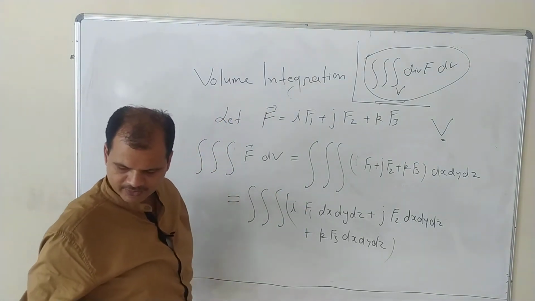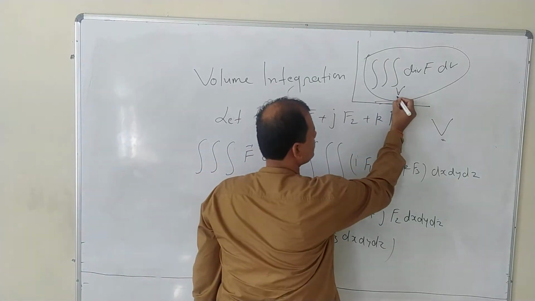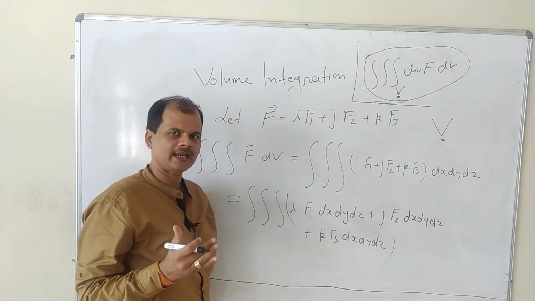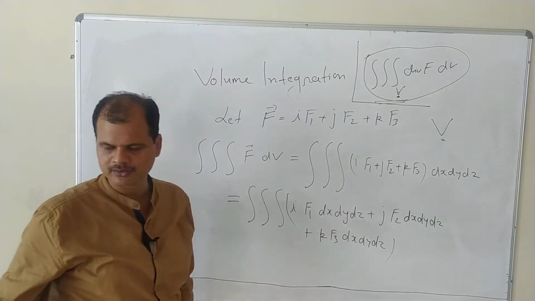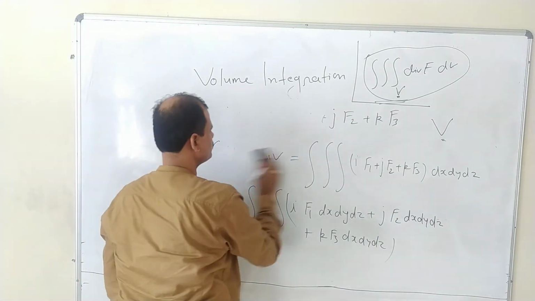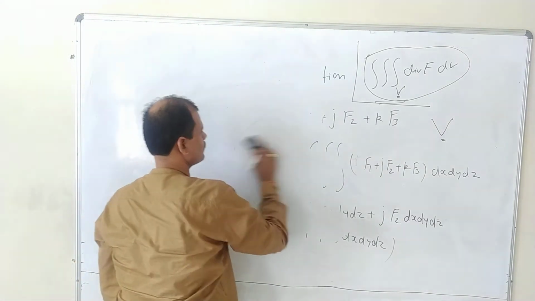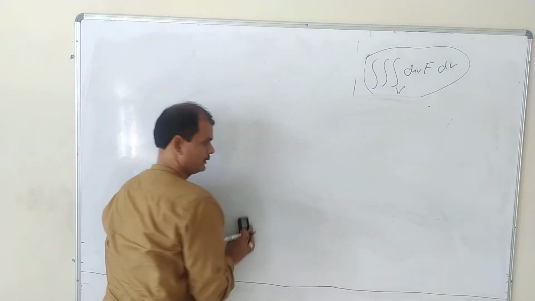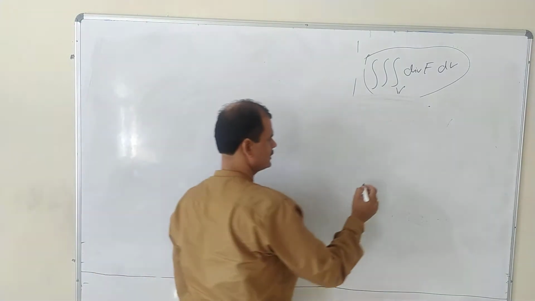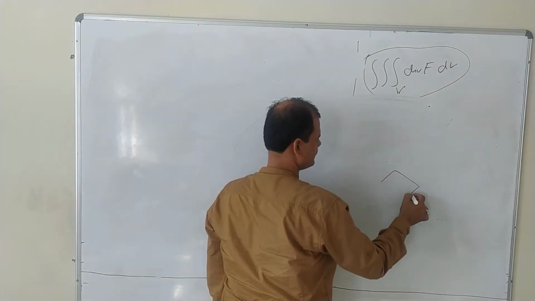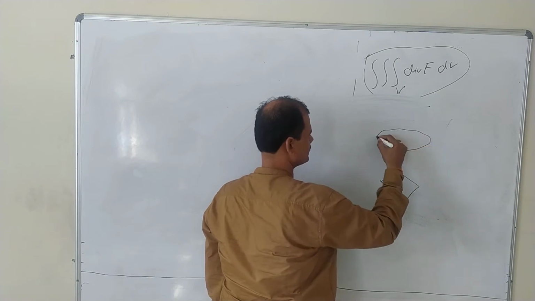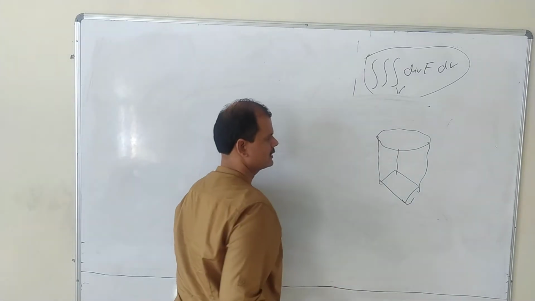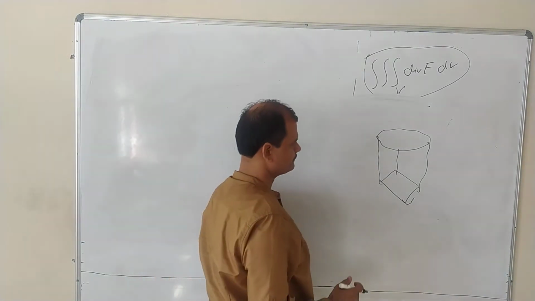Now for this given V, the most important thing is to find the x, y and z limits. That is very important. For any given region, we need to find the x, y and z limits. Fine. So usually what will happen, suppose we have some base, some surface is given, and something like this is the volume. This is a 3D picture, I cannot draw it here, I have tried something. So this is the volume.